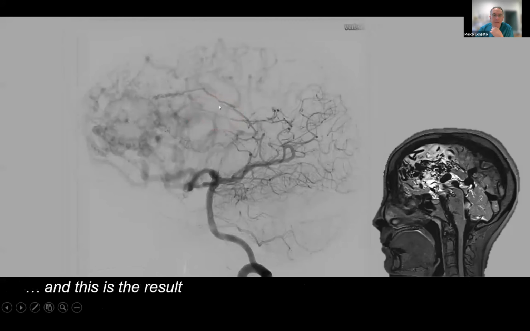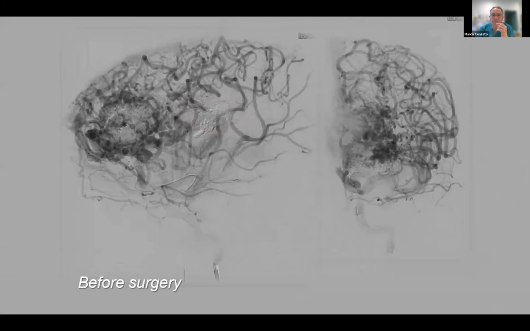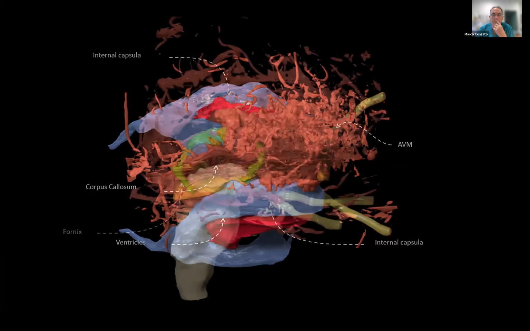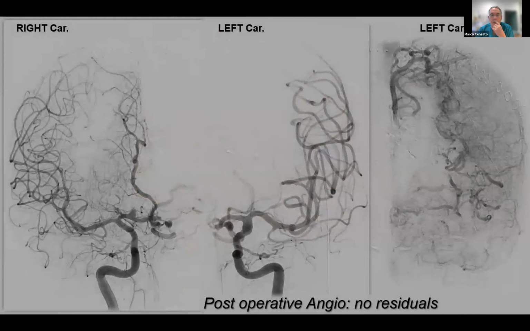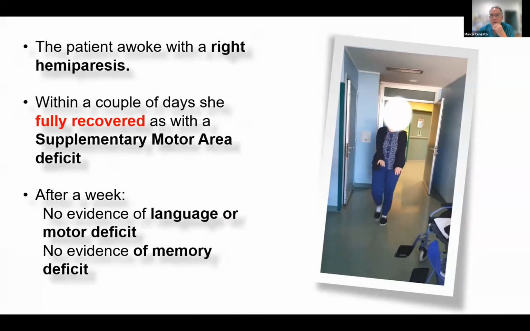And then at the end, this was before surgery, and then she went for surgery with a complete obliteration without any